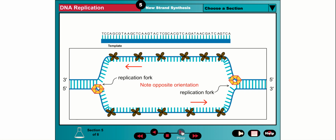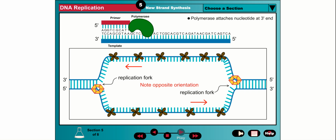Polymerase enzymes can synthesize nucleic acid strands only in the 5' to 3' direction, hooking the 5' phosphate group of an incoming nucleotide onto the 3' hydroxyl group at the end of the growing nucleic acid chain. Because the chain grows by extension off the 3' hydroxyl group,